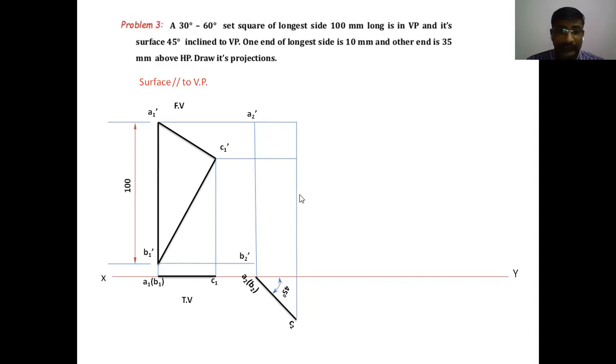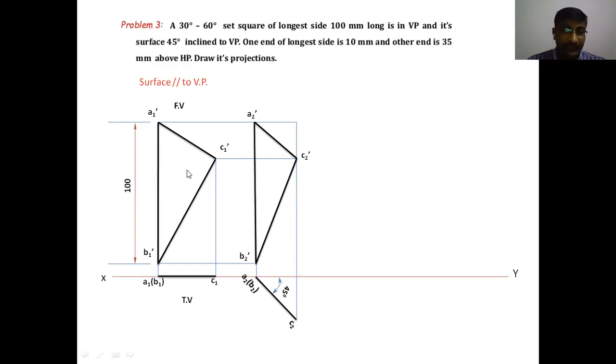Similarly, the projector coming from C2 is intersecting the projector coming from C1 dash. The intersection point is C2 dash. Okay, join these A2 dash, B2 dash, and C2 dash in order. Then we will get the second position front view. A2 dash, B2 dash with the dot pencil, dot line. B2 dash, C2 dash is also a dot line, and A2 dash, C2 dash, join these points with a dark pencil, then we will get the second stage front view. This is the second stage front view when the surface is inclined to VP.